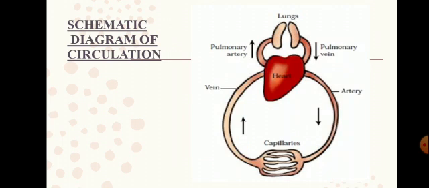These allow substances to pass from blood into the body cells and also from the body cells into the blood. The exchange of substances like food, oxygen, carbon dioxide, etc., between the blood and the body cells takes place through the capillaries. So capillaries are smaller vessels connecting arteries and veins. Okay. Then you studied a special type of artery and vein.